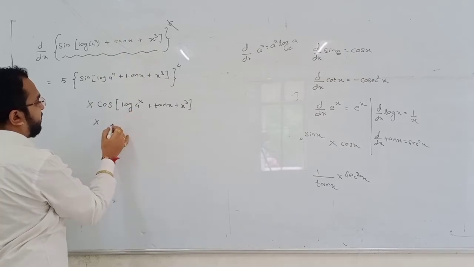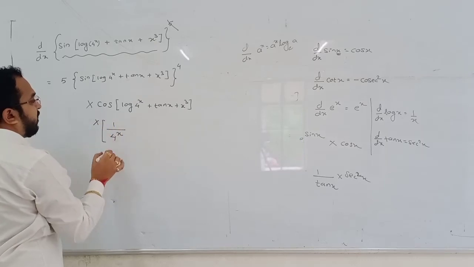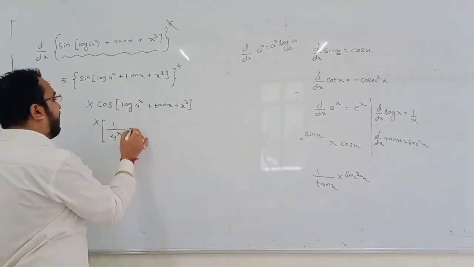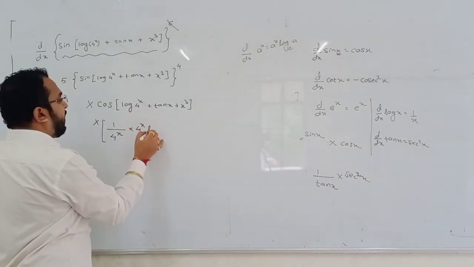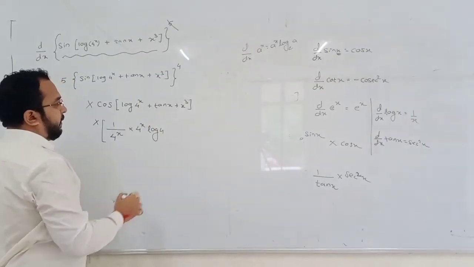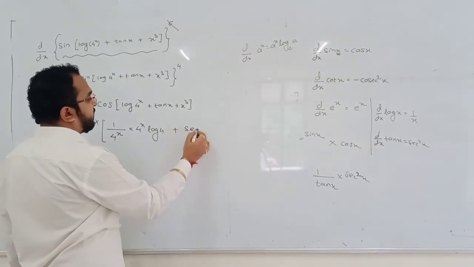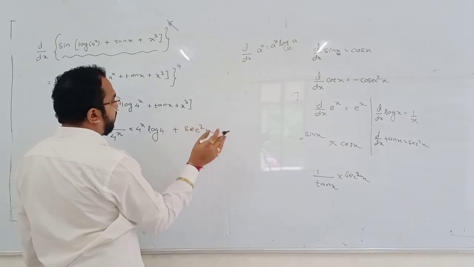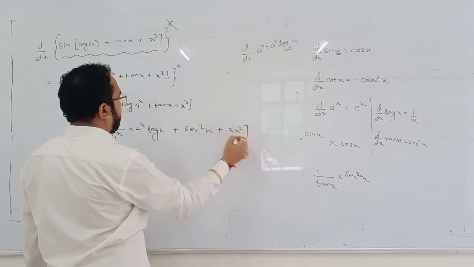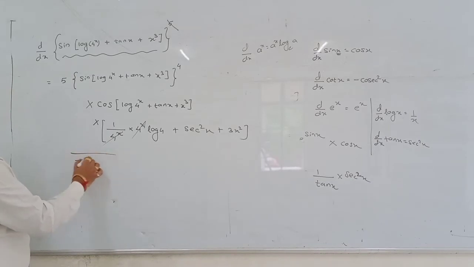So what is the differentiation of log something? It is 1 upon something. Now tell me, is this 1 upon something like x? No, it is 4 to the power x. Again differentiate that. It will be 4 to the power x into log 4, constant to the power variable. Okay. Plus what is the differentiation of tan x? It will be sec square x. Here it is x, no problem. No need to differentiate again. Here it is only x, and from x cube the differentiation is 3x square. So this is the answer.